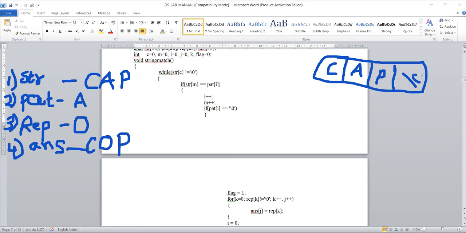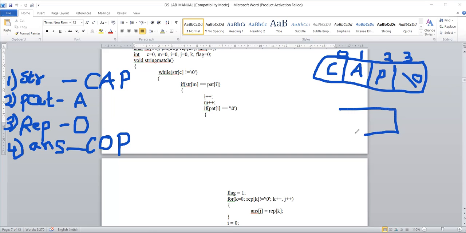So every character array will have indexing and a /0, the null character. At the end of every string, we will have a null value. That's what we are storing like this.